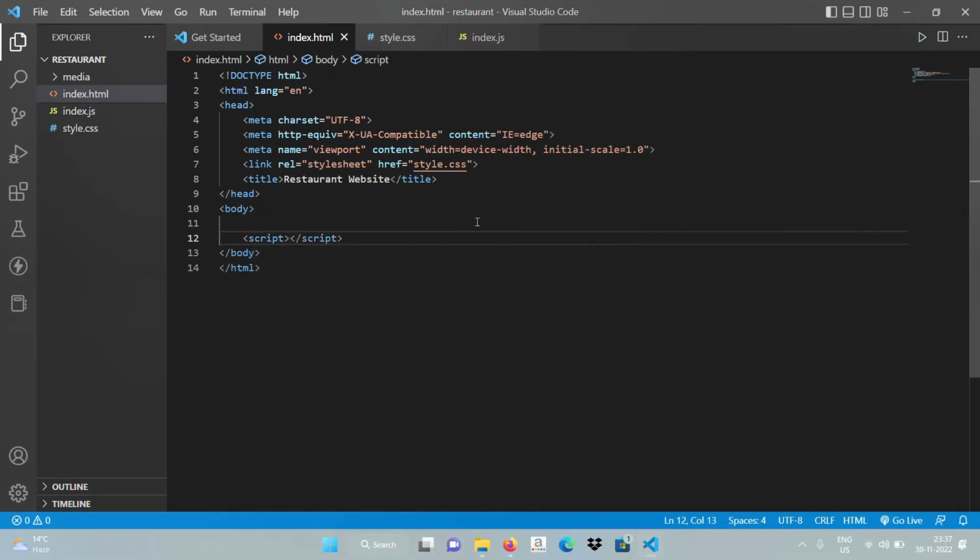Always be careful when you are adding the script, it is always the last line of the body. This is the body tag where the tag is closing, and there is the script. The whole section of the page is going above the script. We are adding the index.js file and starting the navigation section,